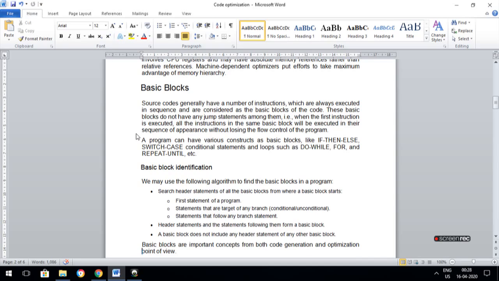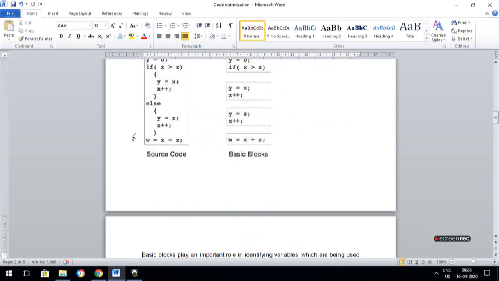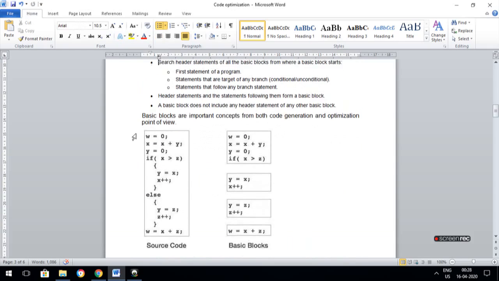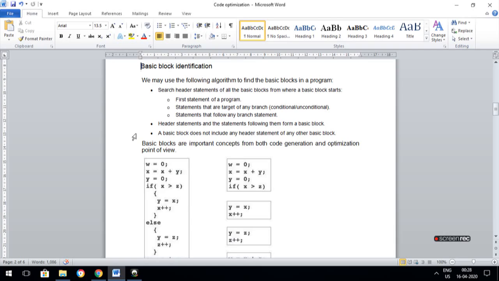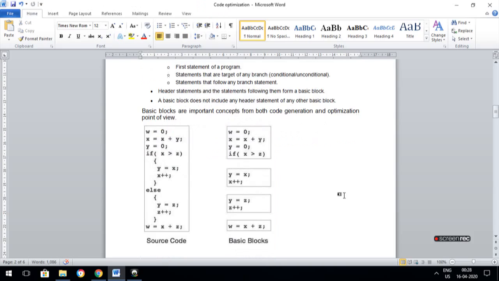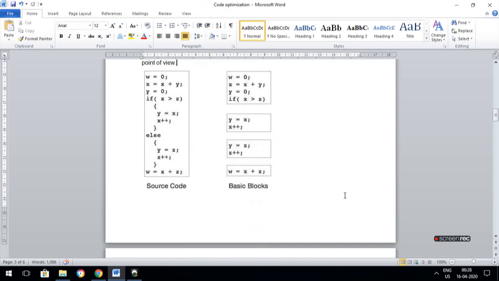For basic block identification, we are supposed to use statement syntax identification. If a statement has any branch, the first statement of the program has to be identified. In this example, w equal to 0, x equal to x plus y equal to 0, that is one part of the statement.